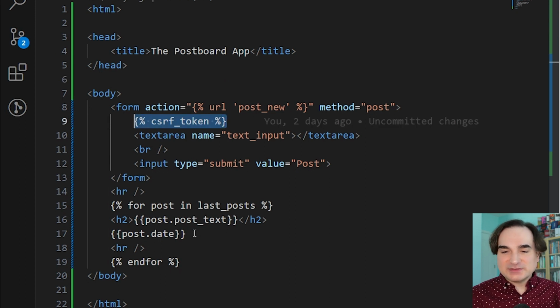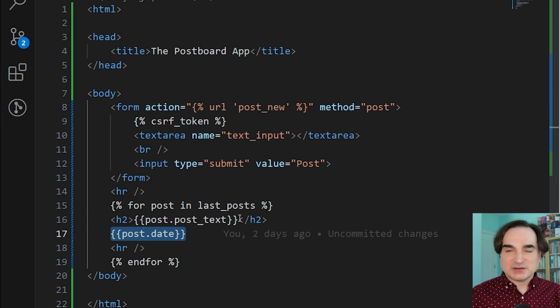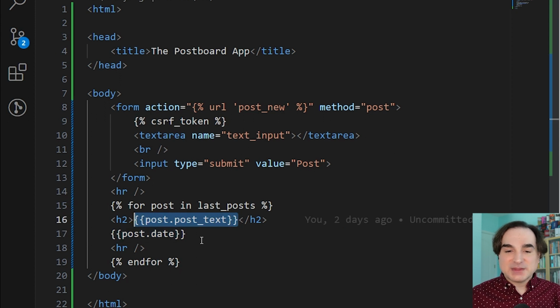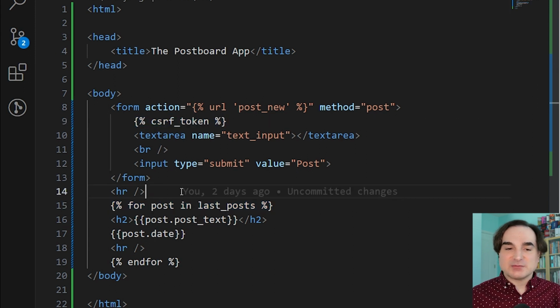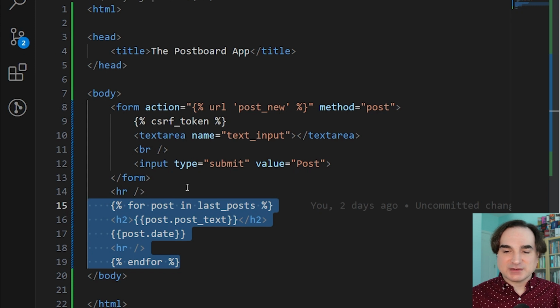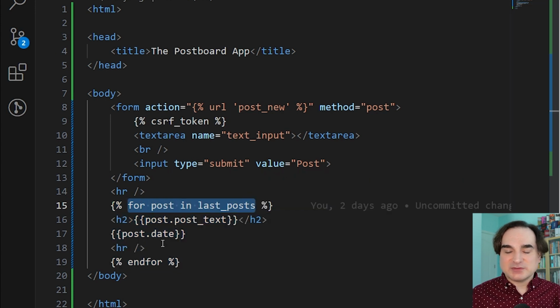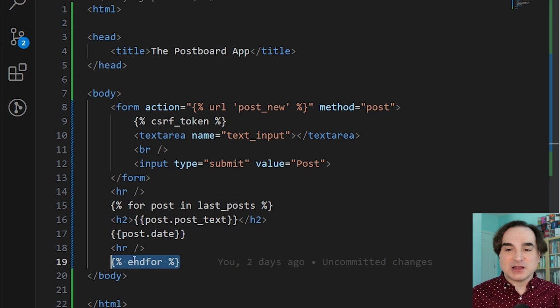The double curly braces are places where variable values are inserted, like in an f-string in Python, and the other brace blocks are inline code statements. A lot of the way code logic works in a Django template will resemble what we do in Python. It just has slightly different syntax. For instance, this block here, this is the code where I loop through the database records and insert them into the HTML. So we have this for-in statement, which resembles what we have in Python, and then we have this matching endfor to indicate the end of the block. And we need this since we don't use Python's indentation for syntax in templates.